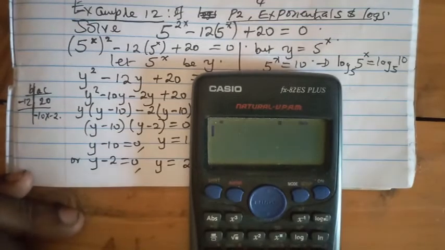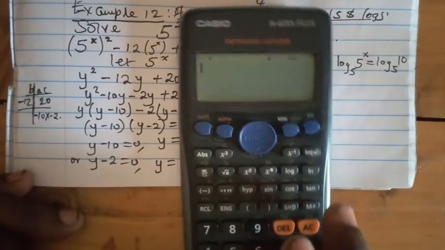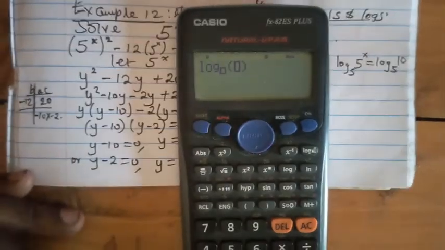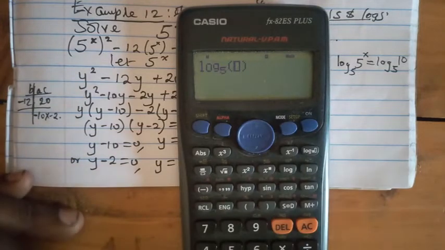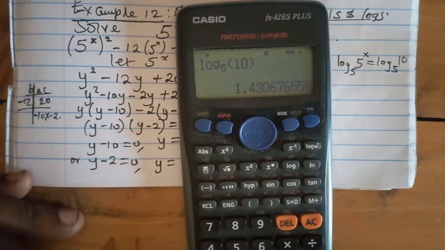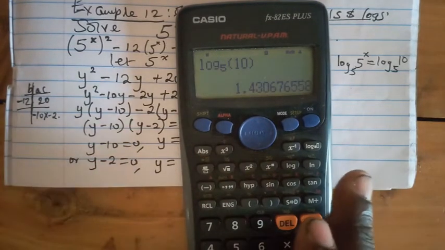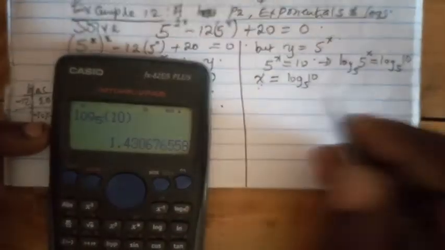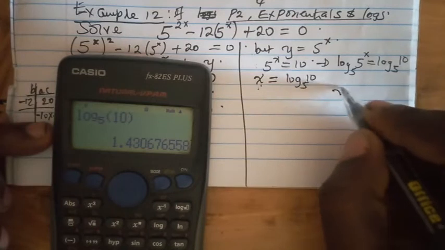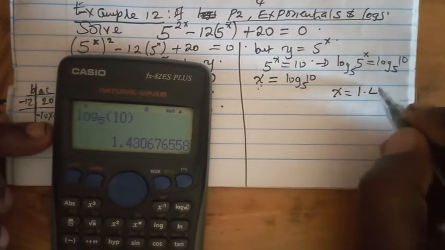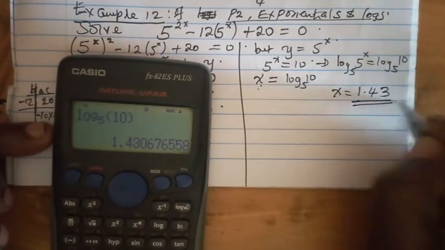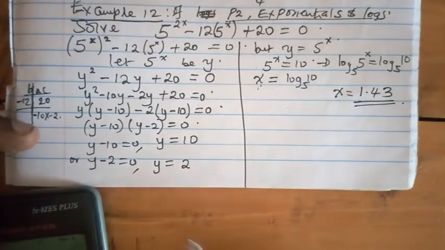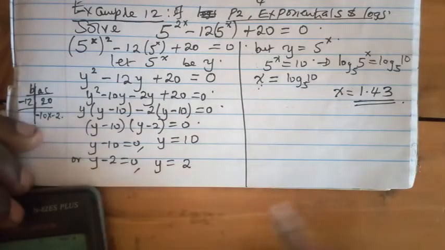So at this point you can simply use this button, introduce base 5, and then we go to 10 and we go to equals, which is 1.43. So if this is true, then x is equal to 1.43. But when y is 2,